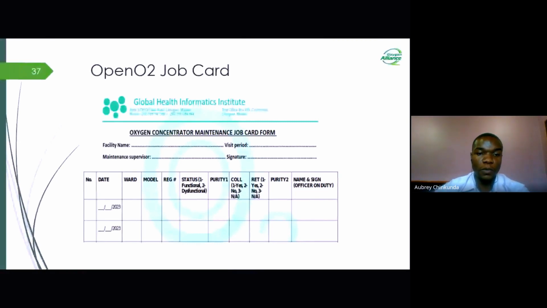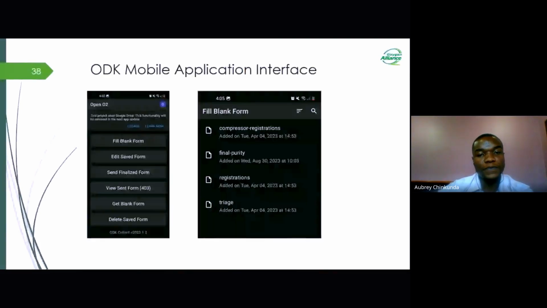From this, we're going to talk about the electronic methods. And as I mentioned earlier, we mainly use the ODK for collecting most of the data, also known as the Open Data Kit. It's an app that's available on App Store or Google Play. You can easily download it to your phone. It's mainly available for Android. So if you want to use it on iOS, you might need to download GIC Collect. But for ODK, it's available for Android.